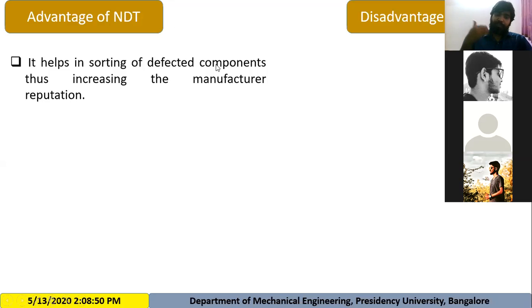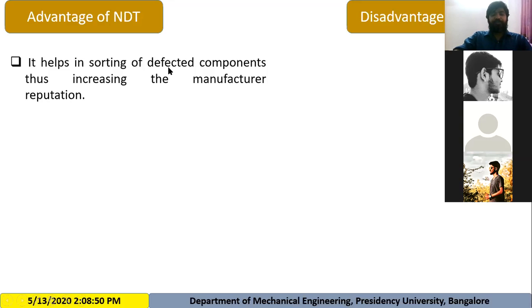Because if you are producing in large amounts and you are going for destructive testing, it will take a lot of time. Also, if time is equal to money, eventually the cost of that particular product is going to increase. So that task you can perform using non-destructive testing.